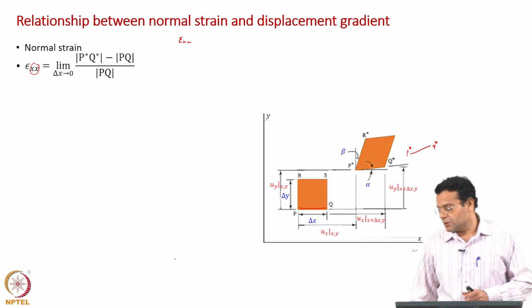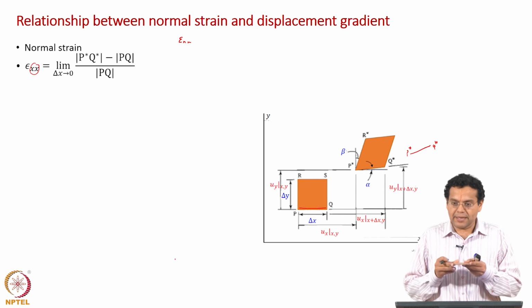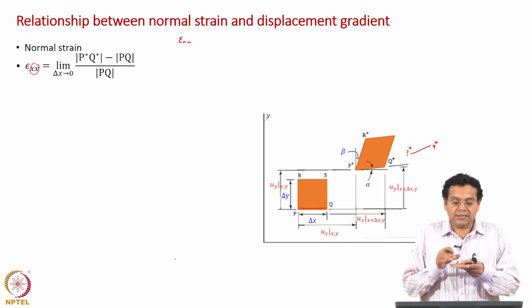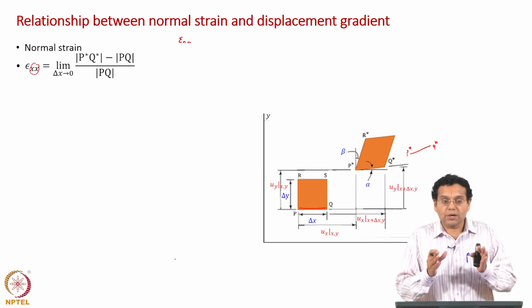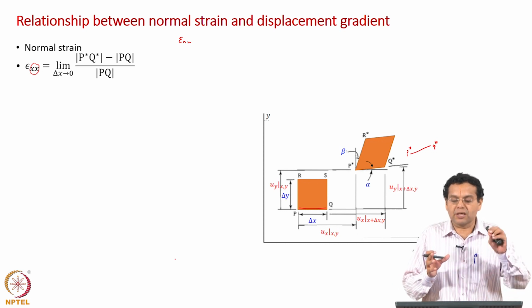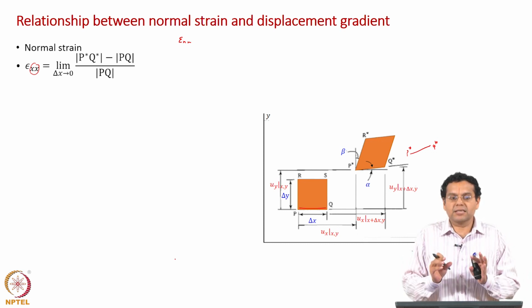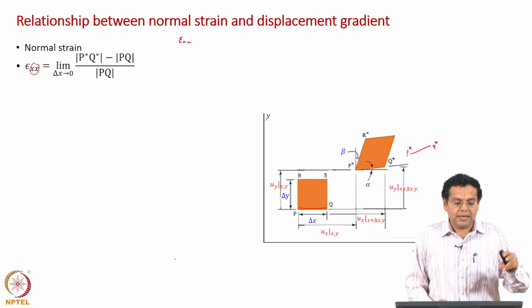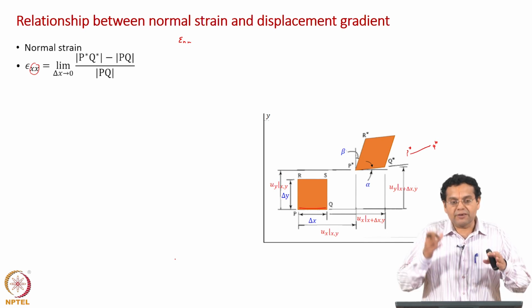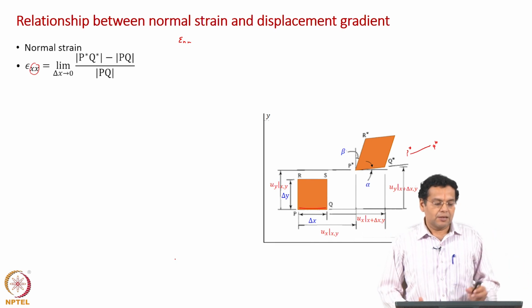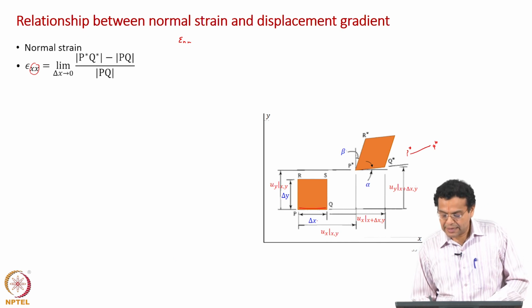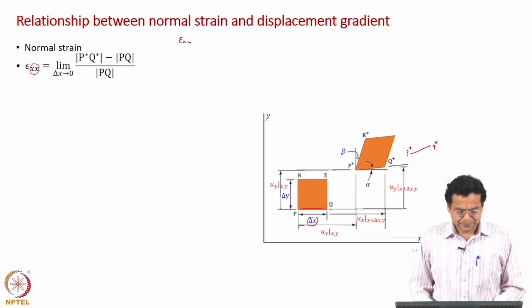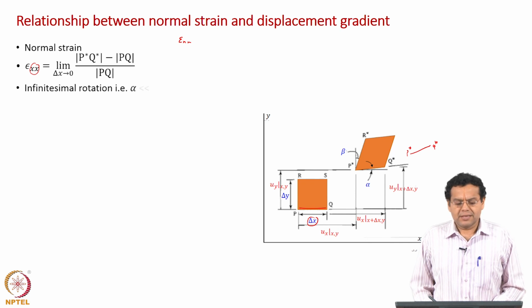That is why I told you two ways of imagining. One is imagining it as a plate, easy to visualize. The other one is a 2D region inside a solid object, and as usual we want a local, point form of the relationship between normal strain and displacement gradient. Any relationship should be valid at every point. That is why the relationship we are going to derive is valid at every point inside a solid object. Now, we have to evaluate this change in length by original length in the limit of delta x tending to 0.